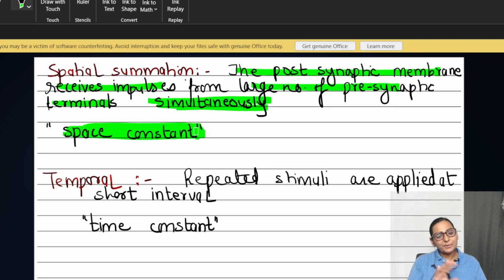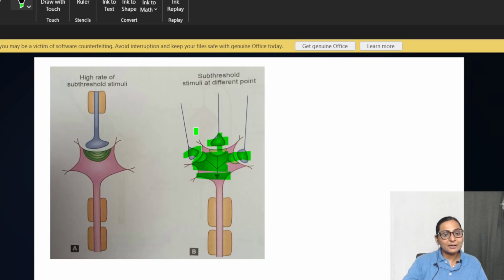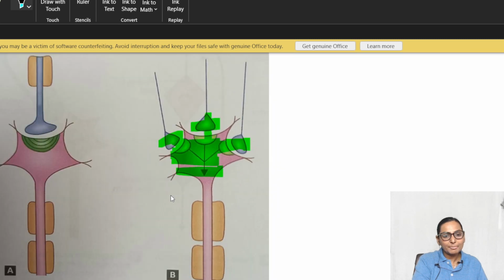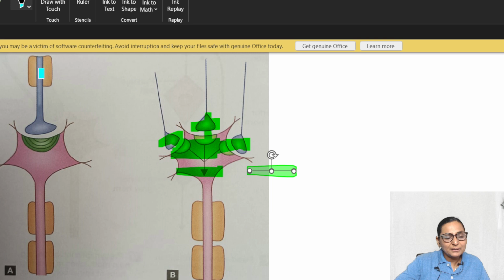Now temporal is totally different. टेम्परल में हम क्या करेंगे? वी आर गोइंग टू इंक्रीज द रेट ऑफ एक्साइटेशन, राइट? We are going to increase the rate of excitation. So here you can see that this is your temporal summation, where there is only one presynaptic terminal,